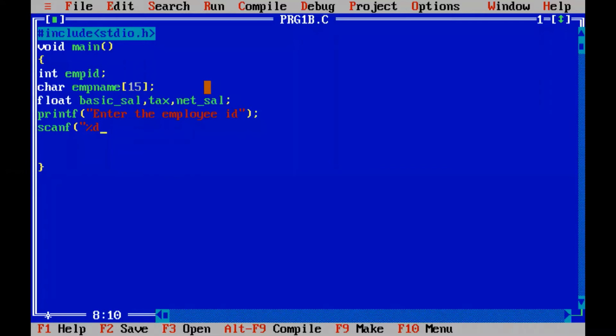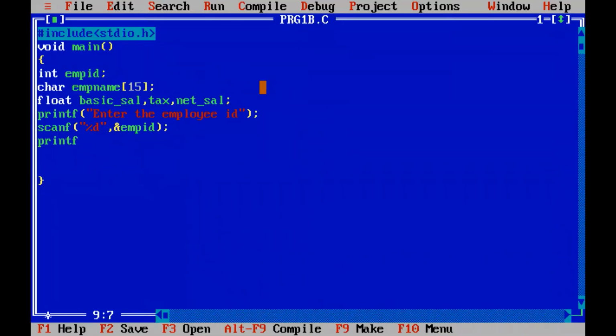Okay, percentage D. We are accepting the employee ID in a variable. So what should be given over here? Second argument. Ampersand EMP ID. Got it?